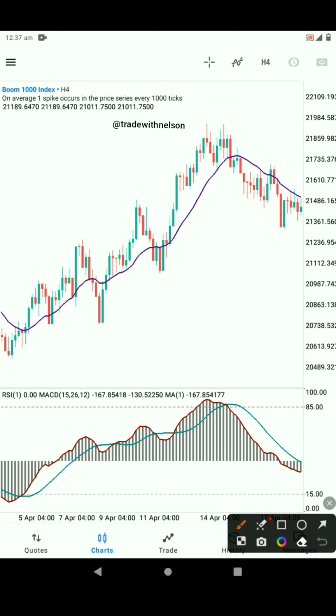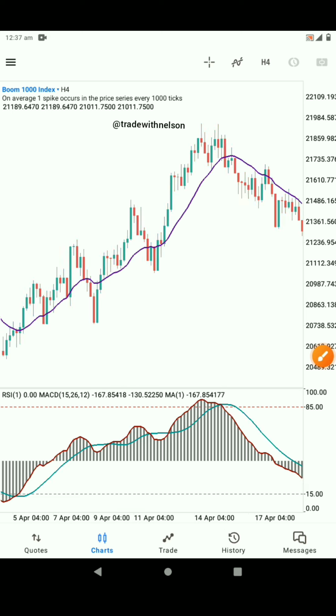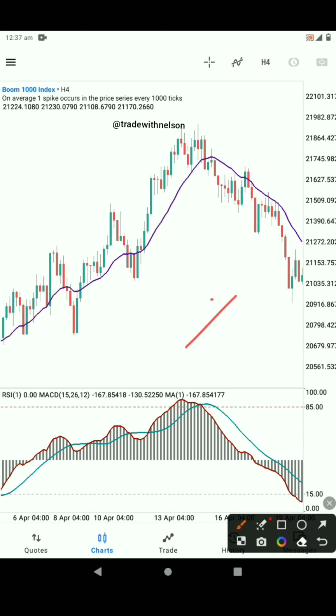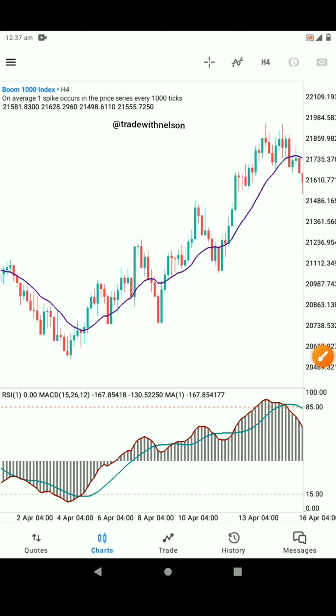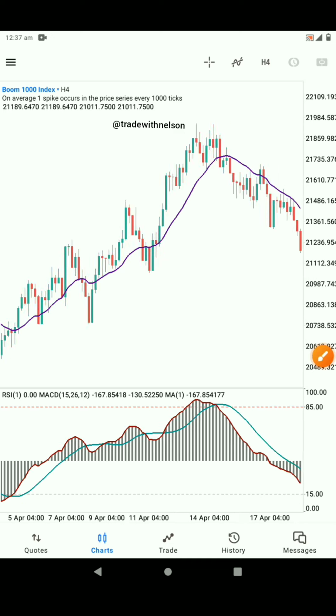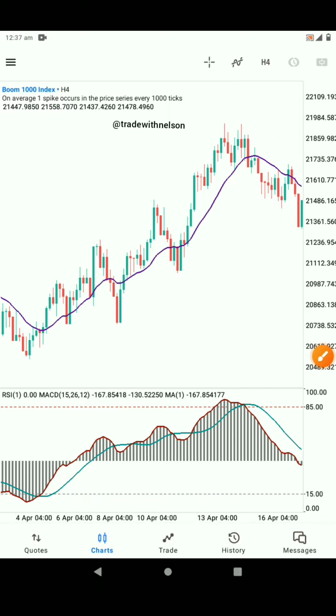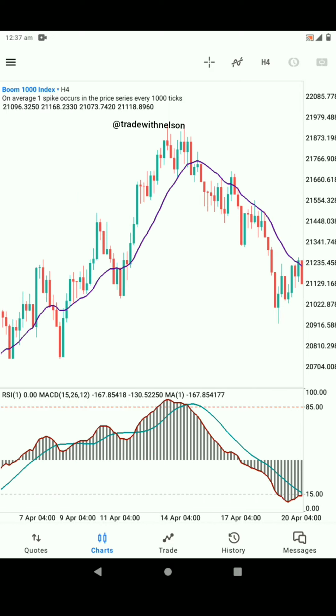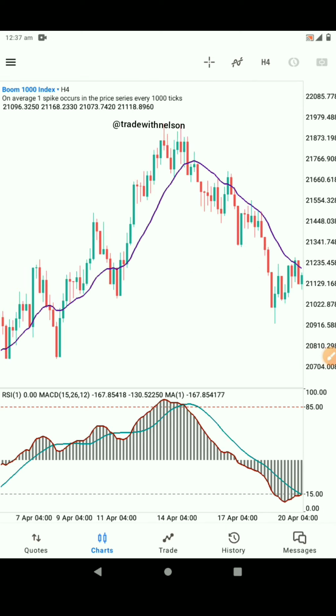If you look carefully on my chart, this is the 4-hour time frame and this is Boom 1000. This strategy also works on the 1-hour time frame and 15 minutes time frame, but you must make sure that the direction of your analysis is very correct before you enter the trade. You can use simple price action as your analysis, or if you are an SMC trader, you can also use that to do your top-down analysis,